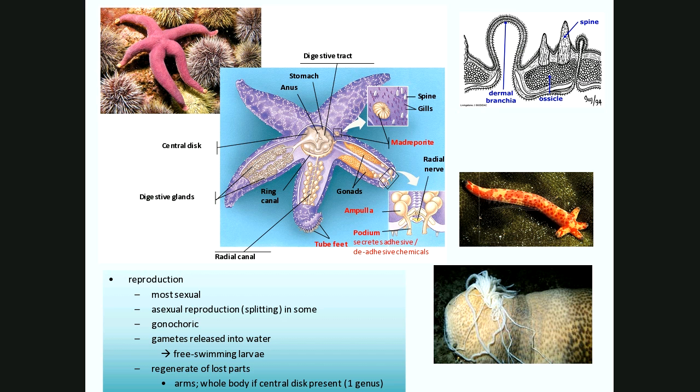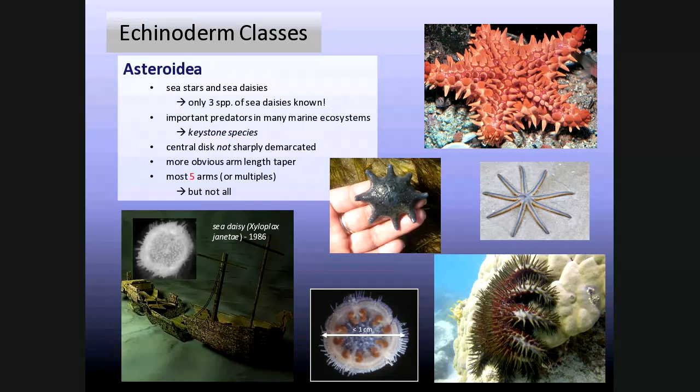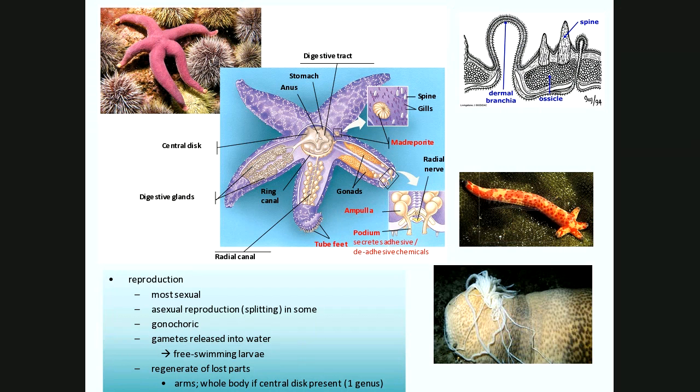Here's what I mean by the ossicles, the calcium carbonate ossicles. These make up the bones, if you will, of the endoskeleton. They're called spiny skin. Some of those calcium carbonate materials are made into a spine. That's good for protection, right? That's good for keeping predators away. And oftentimes there'll be small little lumps, which are dermal branchia. Branchia means lungs. They can exchange gases across these, so oxygen can diffuse in and CO2 can diffuse out. Again, like I was saying, any highly vascularized surface does a really good job of diffusing gases across it.